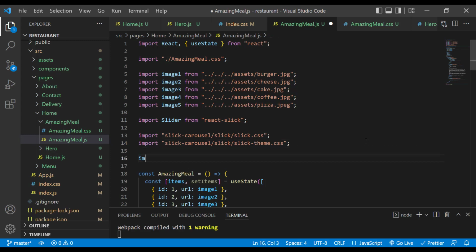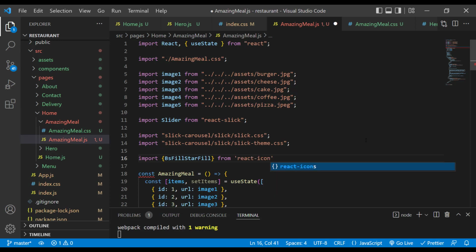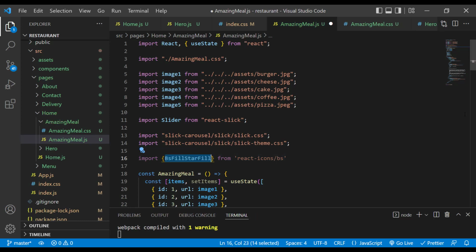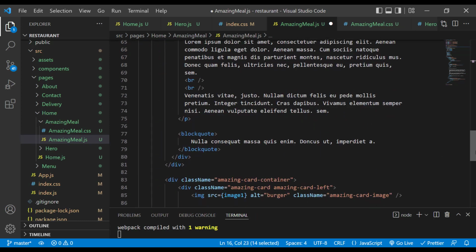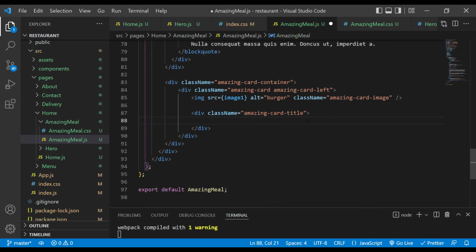So let's say import BsFillStarFill, and that icon is coming from react-icons/bs. Let's copy this icon name, and below that right here I am going to add that icon self closing tag,